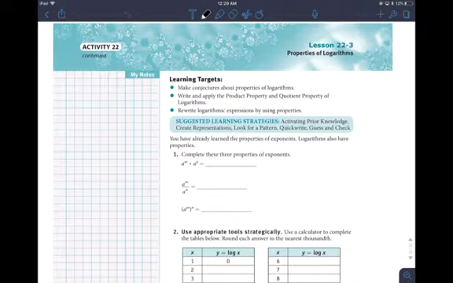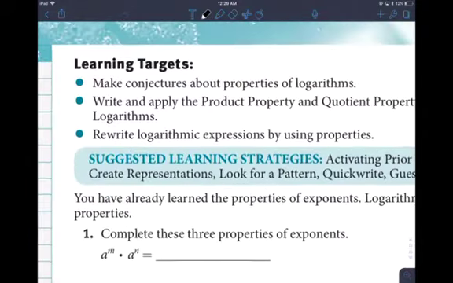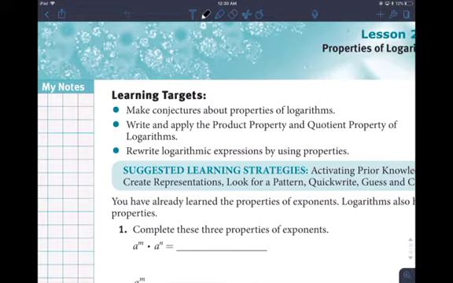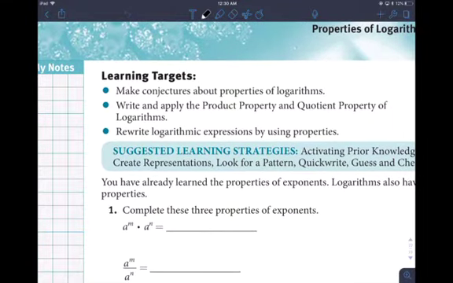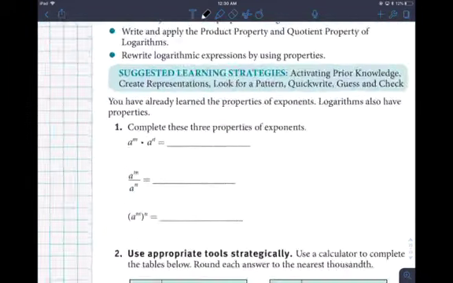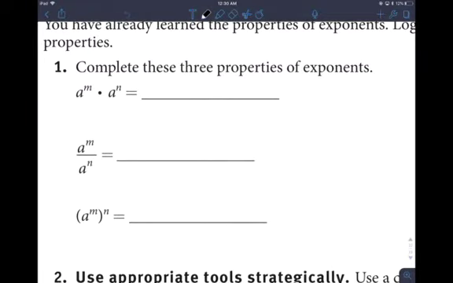We're moving on to lesson 22-3. If you look at the learning targets, making conjectures about properties of logs, we're going to write some of the properties and then we're going to apply them. So remember, by definition, logs and exponents relate to one another. If you notice how we're starting this off, they're asking us to simplify this fact